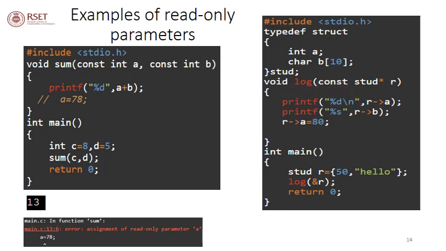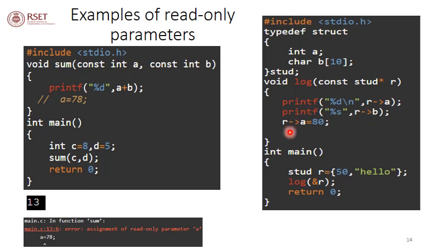So it is actually passed by reference, but this one is preceded by the keyword const, which means that it is read only. Now it's possible to access all the elements within this structure or within this record R using the arrow operator. So we can do R arrow operator A to access the value within R dot A. So that means it will print value 80, and I can also access R dot B value using the arrow operator, because this stud star R is a pointer. So this will give me the value hello.